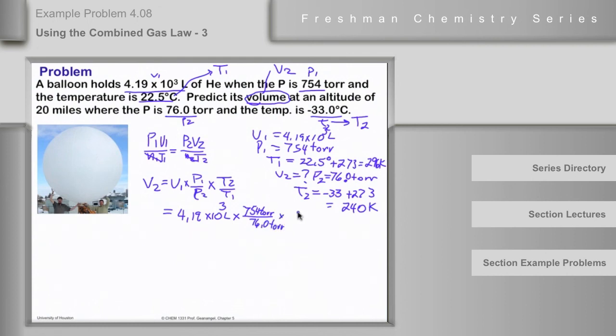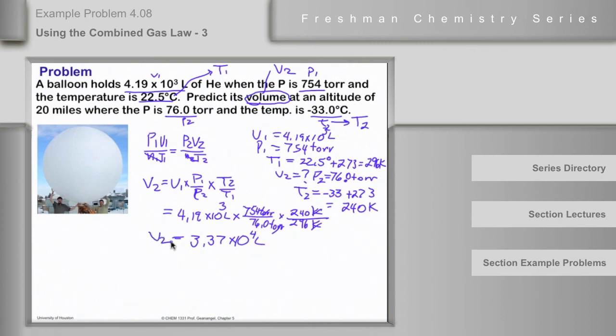And then the last term is T2, 240 kelvins, divided by T1, which is about 296 kelvins. And the torrs are going to cancel, the kelvins are going to cancel. The answer will be in liters, and I got, to three significant figures, 3.37 times 10 to the fourth liters